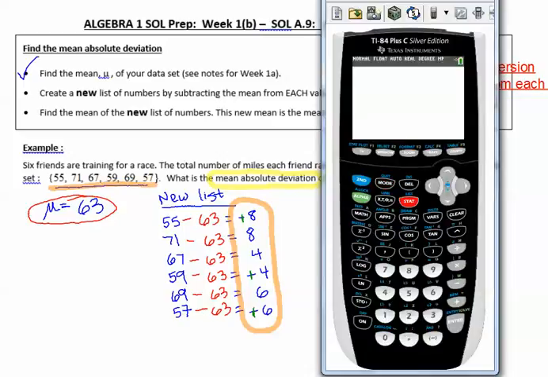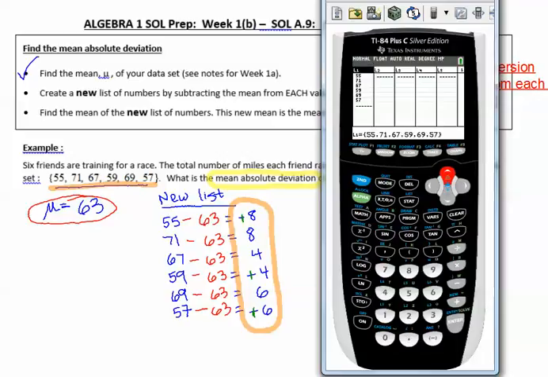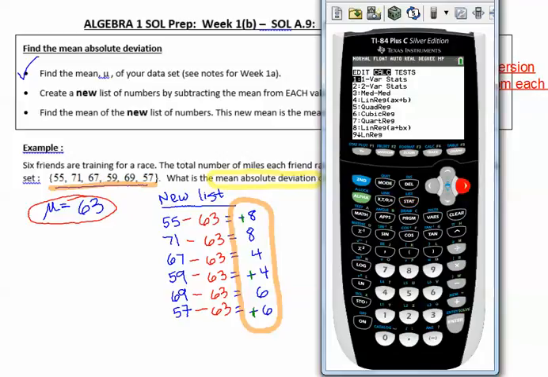Go to your calculator, press Stat, select the first option. The list from the original part of the problem is still there, so go up to L1, hit Clear, Enter, so that it's gone. Enter your new list of numbers: 8, another 8, a 4, another 4, a 6, and another 6. Then you're going to press Stat, move over 1, select the first option again, enter, enter, enter, and